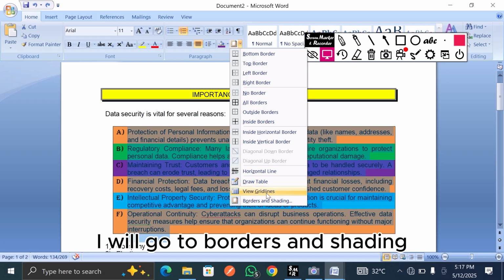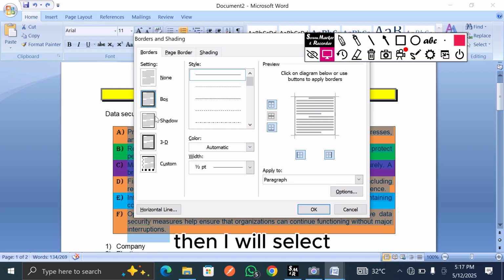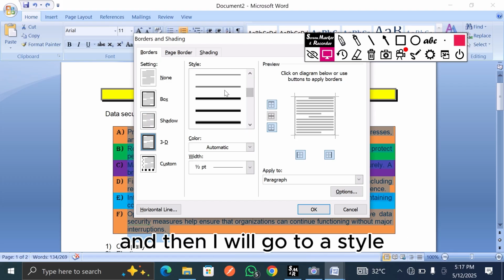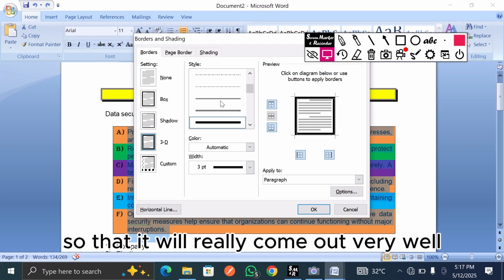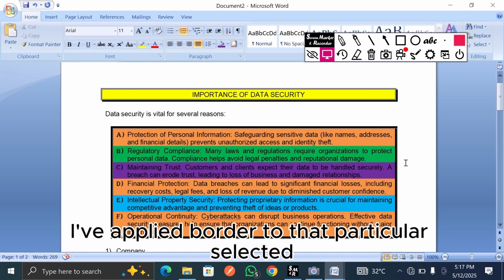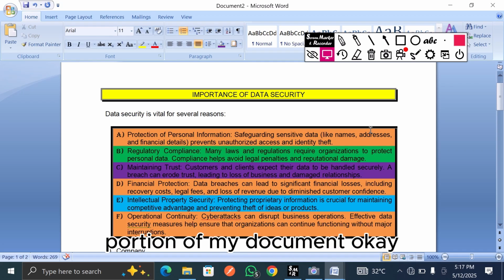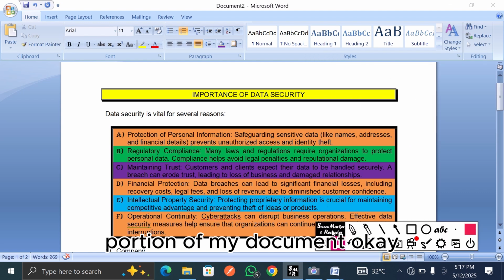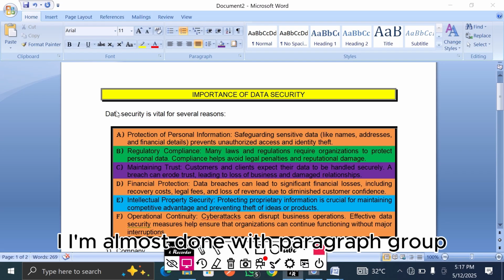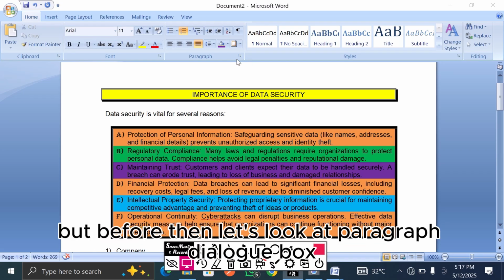I will go to borders and shading. Then I will select a shading or any border of my choice, and then I'll go to a style so that it will really come out very well, and then I will apply. So you can see I've applied a border to that particular selected portion of my document. I want to believe you are following me and you understand what I have done so far. I'm almost done with the paragraph group, but before then, let's look at